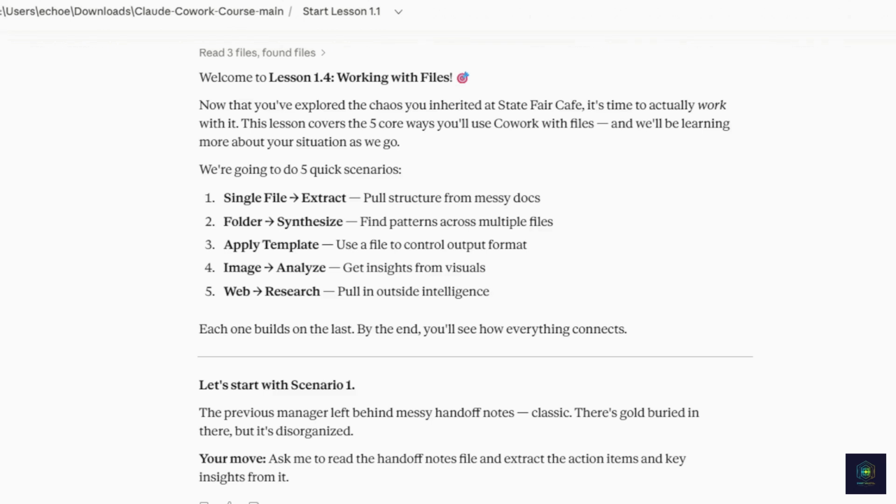So it says, let's start with scenario 1. The previous manager left behind messy handoff notes, right? Classic. There's gold buried in there, but it's disorganized. Now, it says, ask me to read the handoff note files and extract the action items and key insights from it. So I'm just going to put